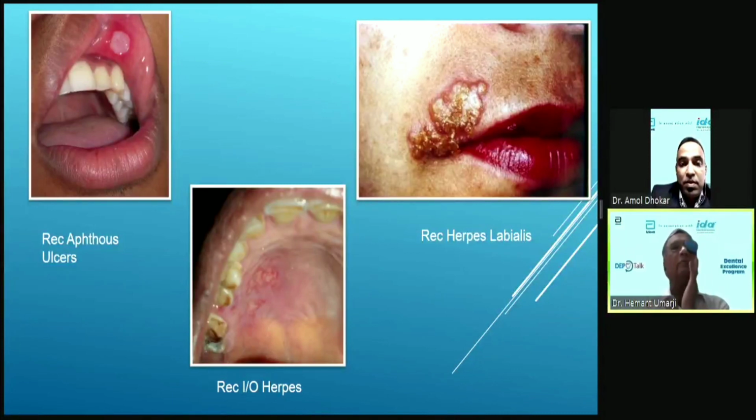Now the point to remember is that dentists used to treat patients without wearing gloves many years back, in the 70s, 80s and 90s. So there were chances that you may get herpetic whitlow if the patient had herpes. Also, if you are using aerosol like an ultrasonic scaler or air rotor handpiece, then because of that aerosol, you will get herpetic infection. So you have to be very careful if recurrent herpes labialis is there. So you give local application of acyclovir to the patient and then you start dentistry. So this is about the herpes recurrent lesion.